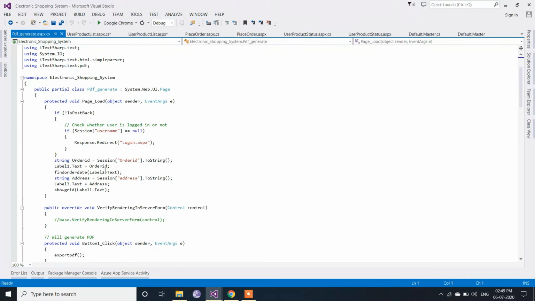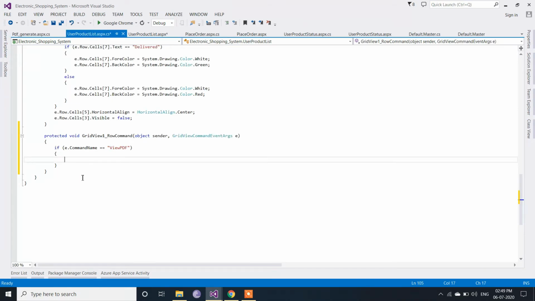Here we can see the order ID we are getting from session of order ID, right? So now we have to take the value coming from the command argument, that is the order ID, and save it in session of order ID.